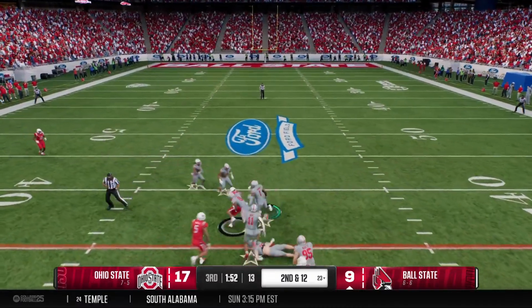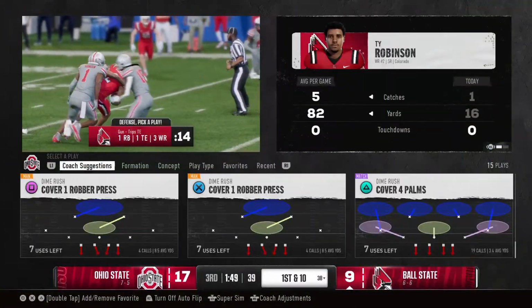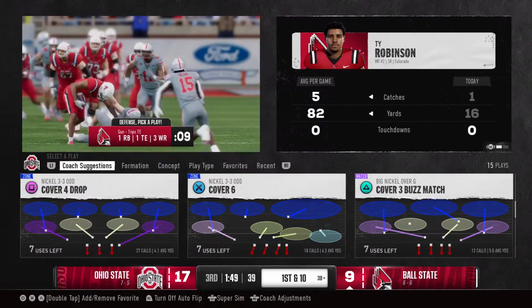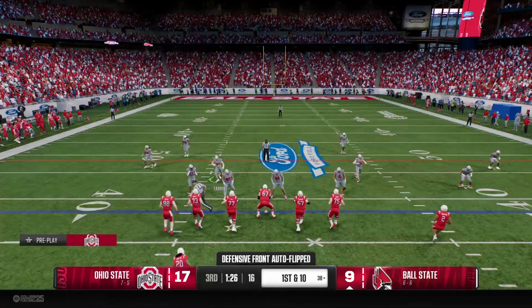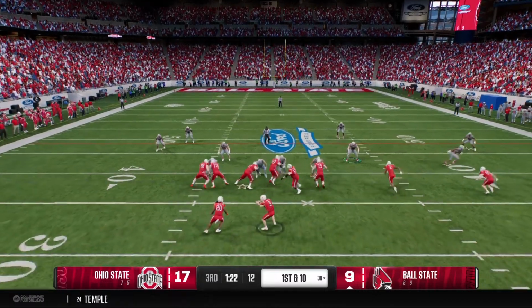Got it in the middle. It's Robinson. There to make the tackle, but the big throw is good enough to give them a first down. When you're a defense, you have a choice. Do you play man or do you play zone? They sat back in zone. That might change. They might change their mind and try to switch to man here shortly in the future.